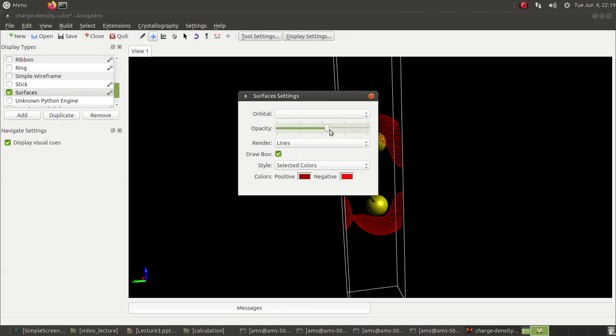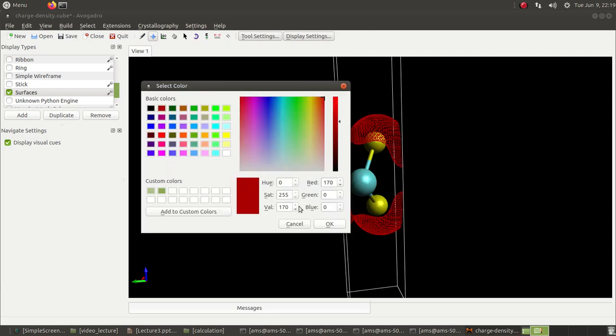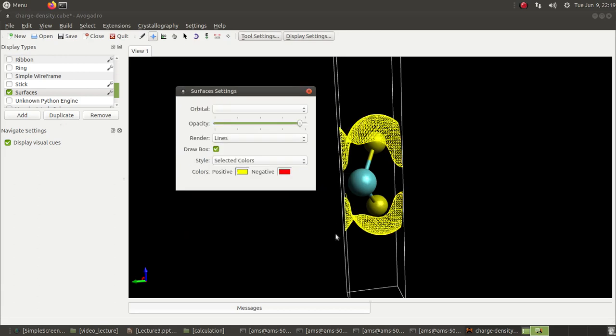I can change the type of render to fill, points, or lines. I like the lines, so I just keep it. I can change the color of the isosurface. If both positive and negative data are involved, you can select the color for each.